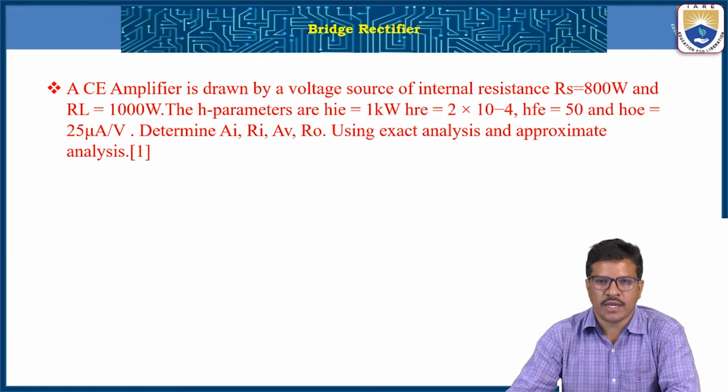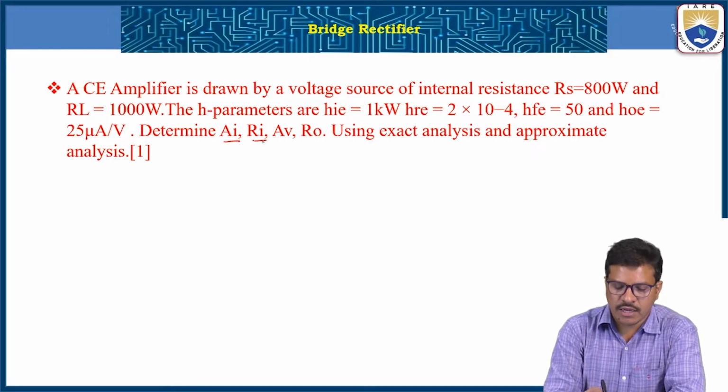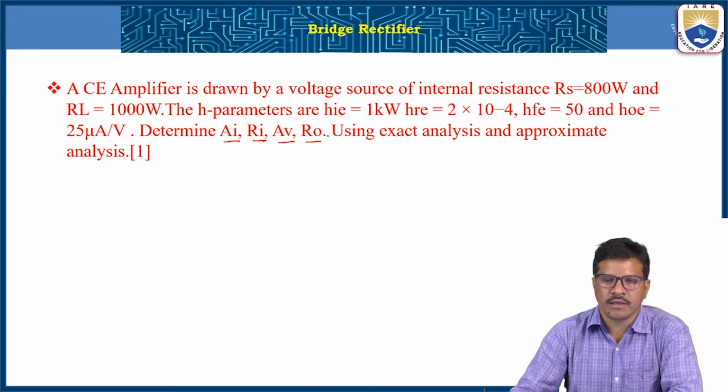Basically, in order to find some transistor characteristic parameters like AI, RI, AV, R naught, so the current gain, input impedance, voltage gain, and output admittance or output impedance, all these characteristic parameters are evaluated from the h-parameter model. So in this problem, we'll take the problem and find the h-parameter model equations to determine these transistor characteristic parameters,